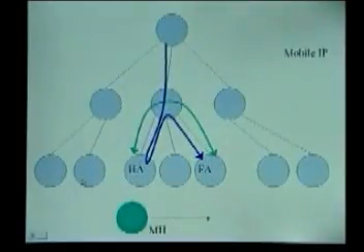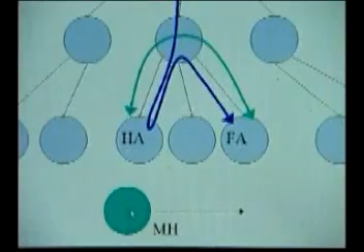This diagram shows mobile IP. The gray nodes up here are an abstraction of wired nodes, and this green node down here is a mobile host. This mobile host has its home subnet here and a home agent in the subnet. Now, when the mobile host moves, let's say, to this other subnet, it needs a foreign agent, and it needs